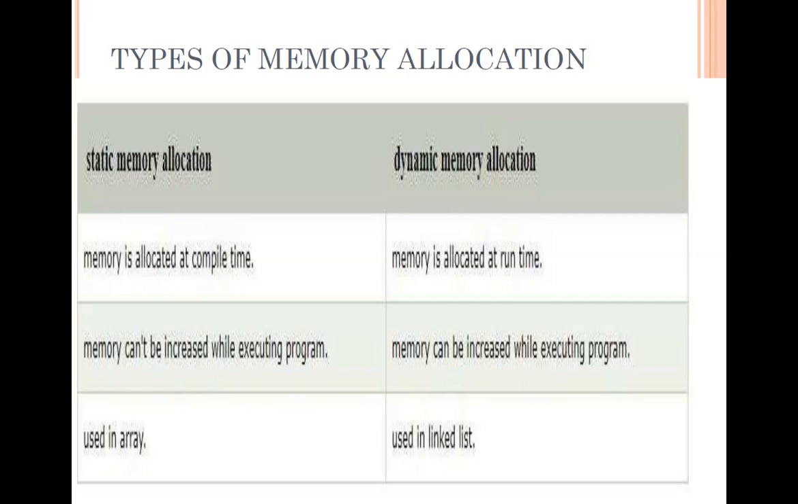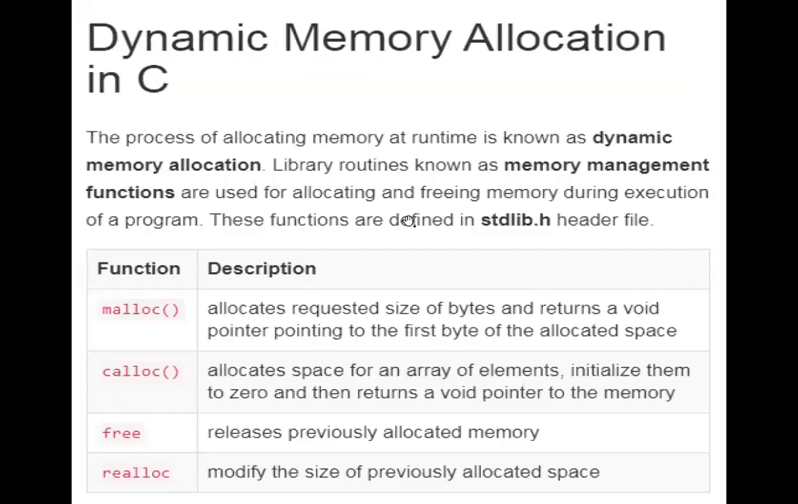Okay, the static memory allocation, the simple part, will be done at compile time. Your dynamic memory allocation will be done at execution time or runtime. So in order to perform dynamic memory allocation in C, we are going to have memory management functions. These memory management functions are used for allocating and freeing, or releasing, memory or deallocating memory during execution of